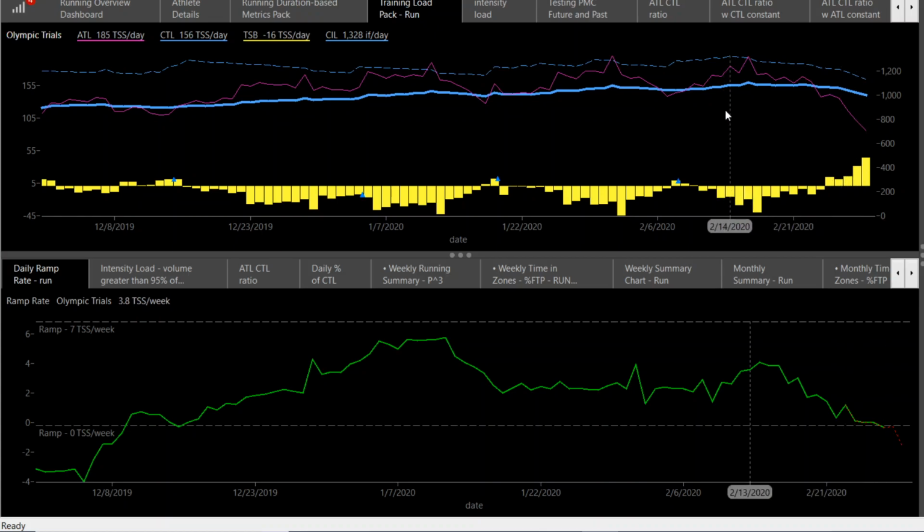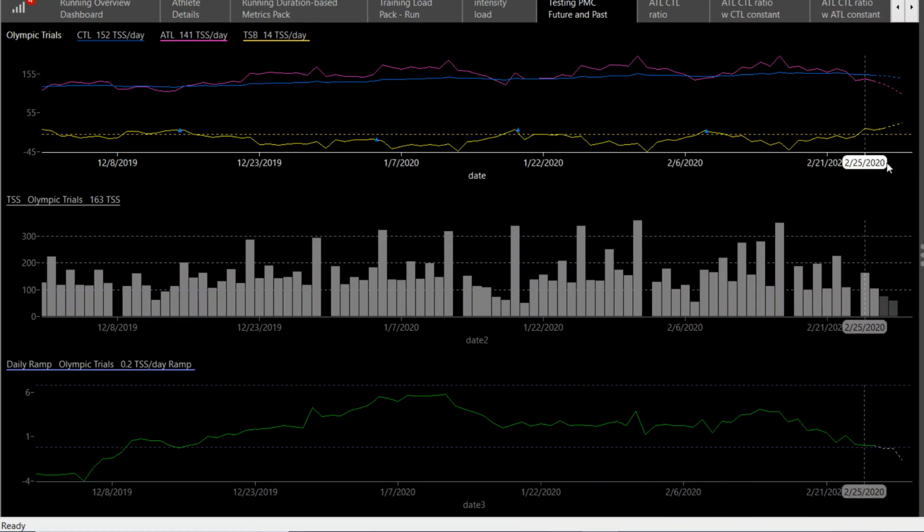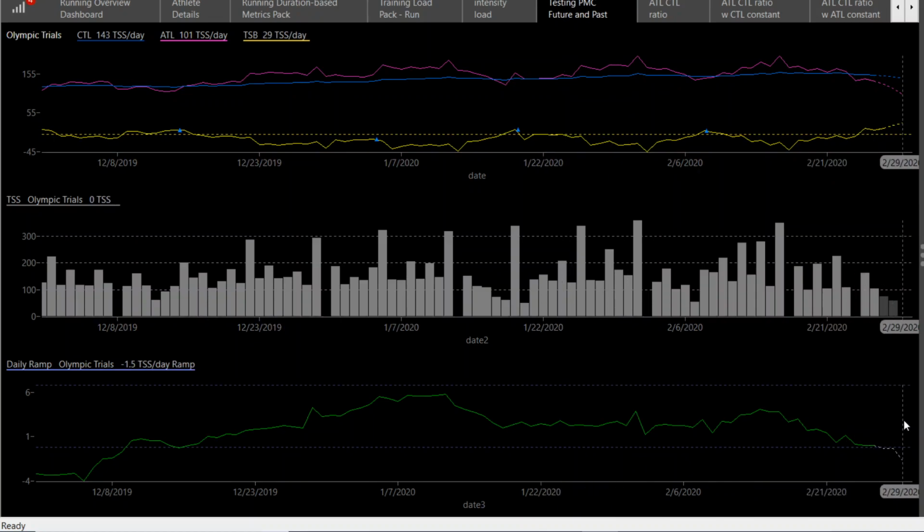I actually plan my TSS out ahead, which I can do in WKO. I can put planned workouts in there so that I could come over to this, and this particular chart allows me to look at projections of where the TSB is going to end up. So this is today. This is race day, a couple of days from now. And we can see that in this case, we're going to get to a TSB of 29, and we're going to get to a ramp rate that is